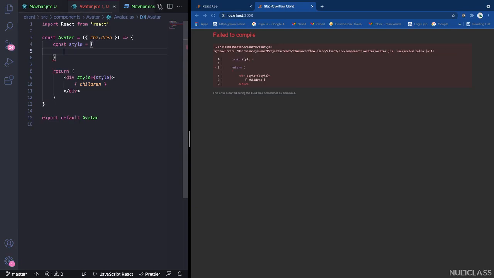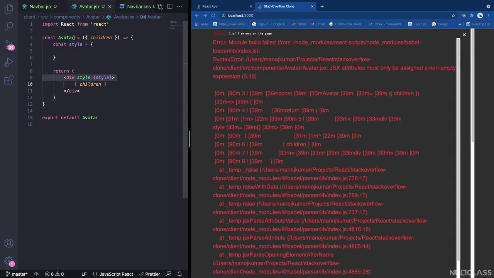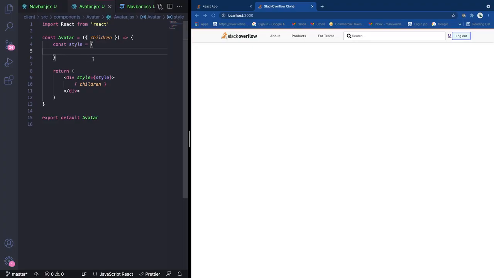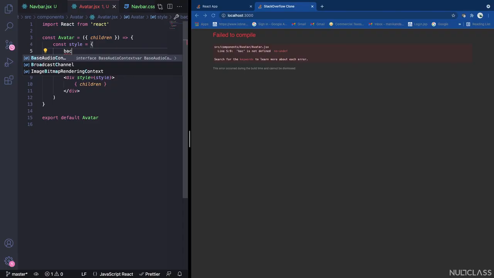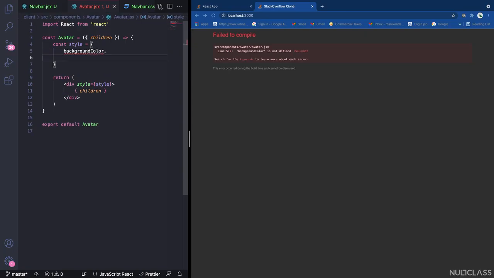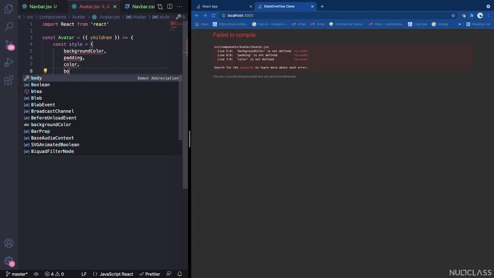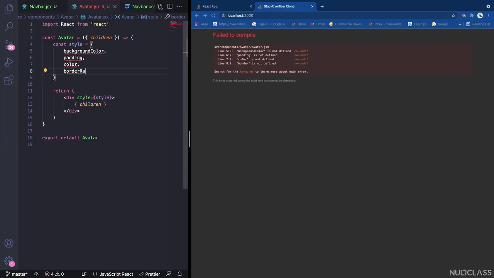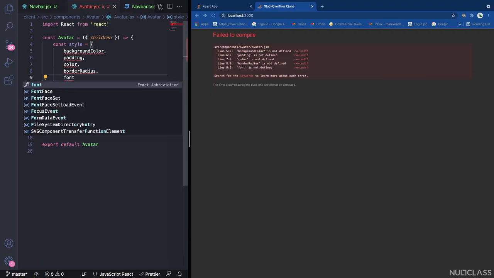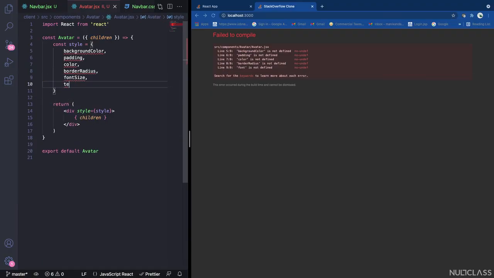which equals an object. So this style should be an object, and this style is going to have a background color, and a padding, as well as a color, and a border radius, and a font size, as well as a text align. We won't only use this